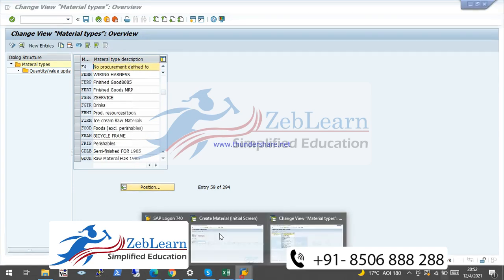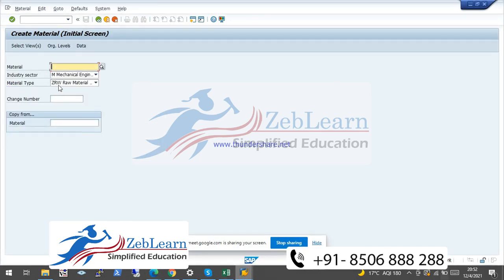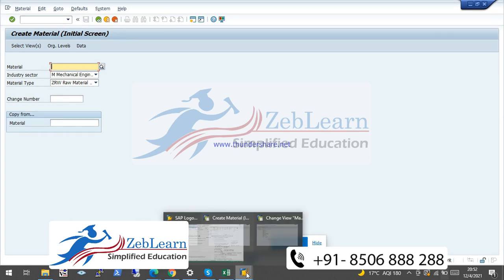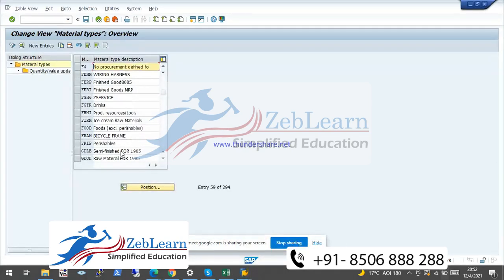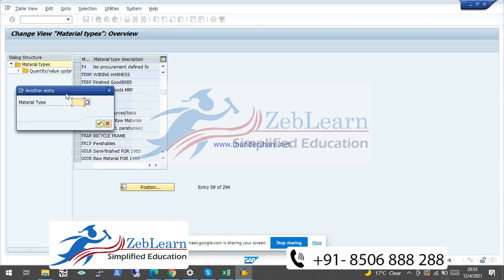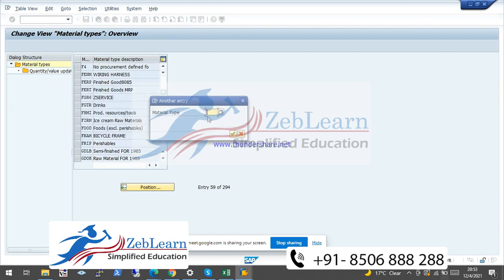But right now we will check for that ZRW, which is a customized material type created by us in this system, and we can find that material type with the help of this button. It is called position, and just put here ZRW.